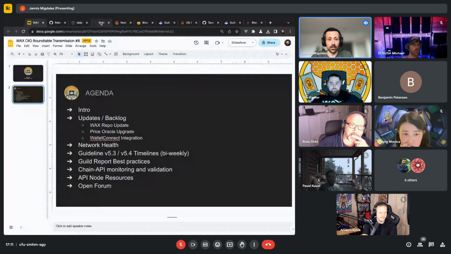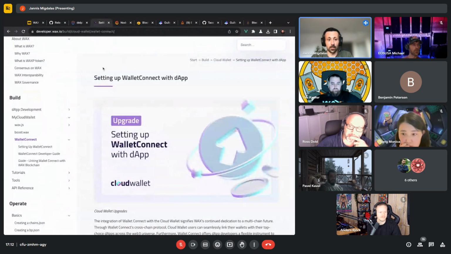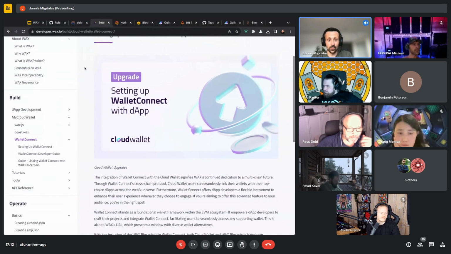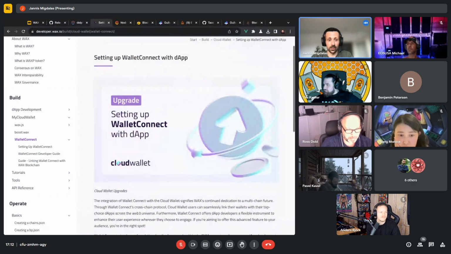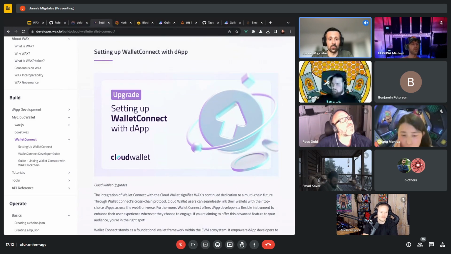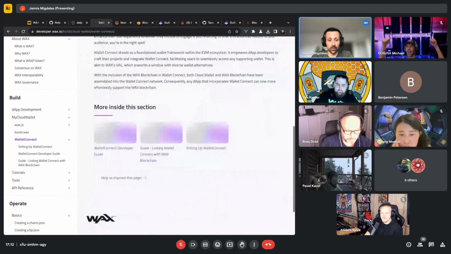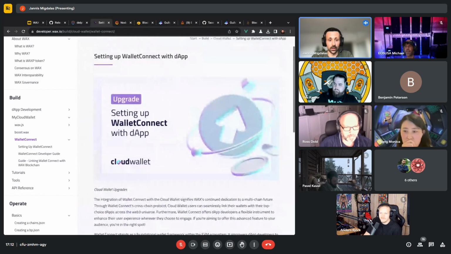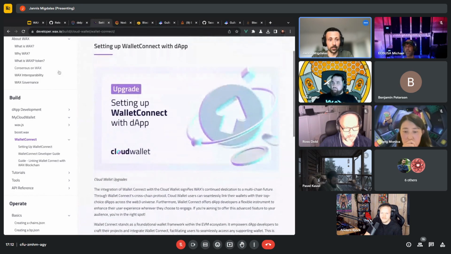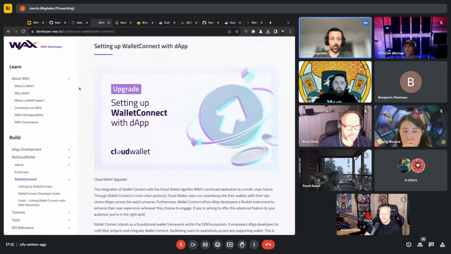Next on the agenda is an update we received from the WAX team, because they're working tirelessly to onboard new people onto WAX, and our newest addition to the ecosystem can be found inside the developer documentation. What we actually have now is a WalletConnect integration with the WAX testnet, which is nice. So you can now integrate your WAX Cloud Wallet into existing WalletConnect integrations. I'm sure this will help with onboarding new people and having the cloud wallet used.